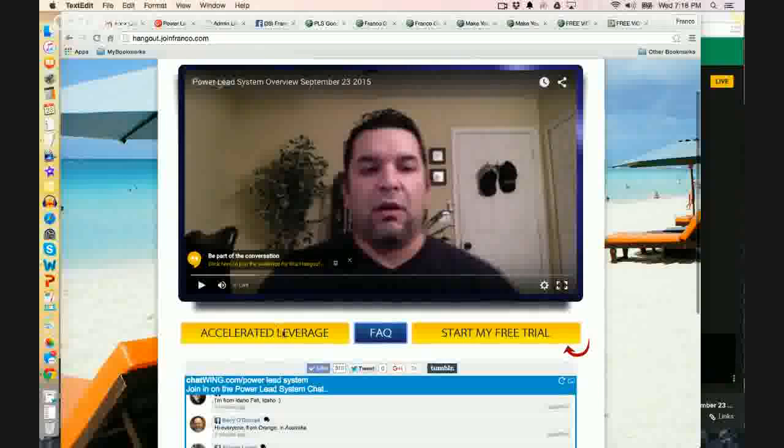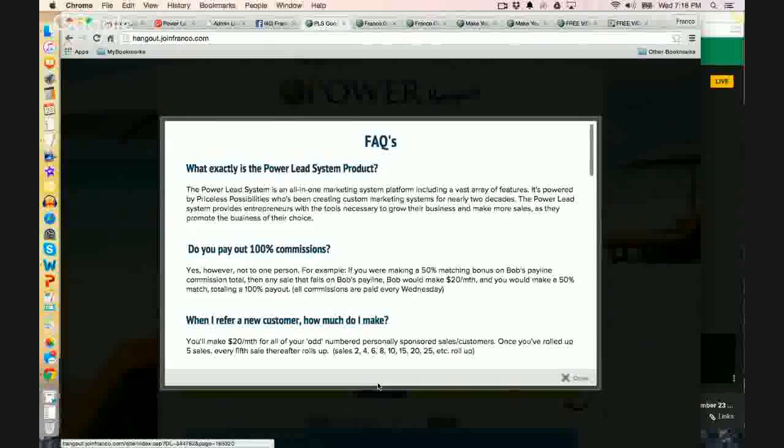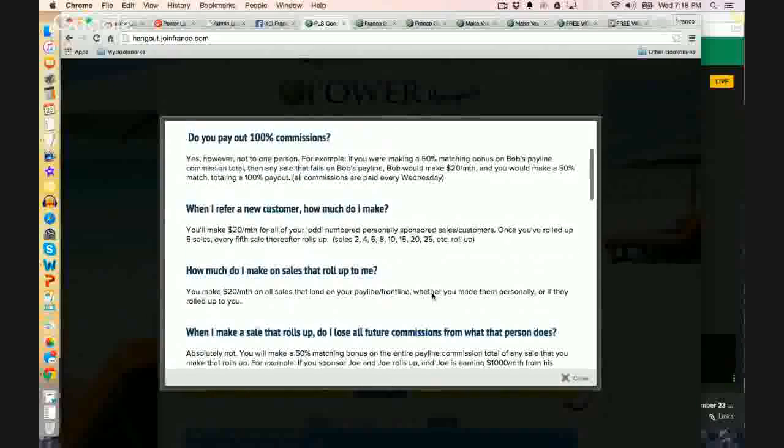Then under there, you can put a couple of buy buttons like this. Now at the bottom of this page, we have one button going over to a very similar page like this. I'll show it to you in a second when we start talking about the compensation plan. But when people click on accelerated leverage here, they go to another page that brings up a totally different background image and a totally different presentation video that explains the compensation plan, right? But it's the same template, it just looks like a completely different page. I'll show it to you in a second. Then you can have another button like we created here, one for frequently asked questions. When I click on this button, another window pops up like this, and it just has our FAQs here.